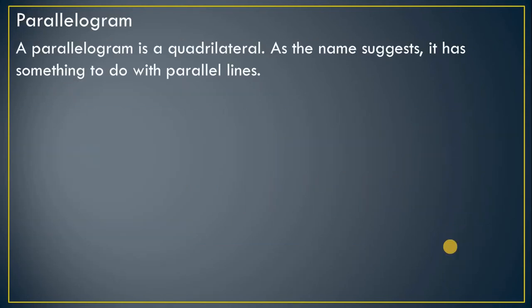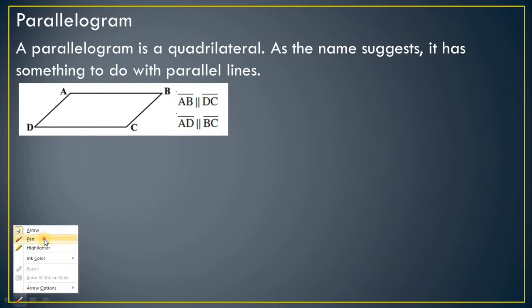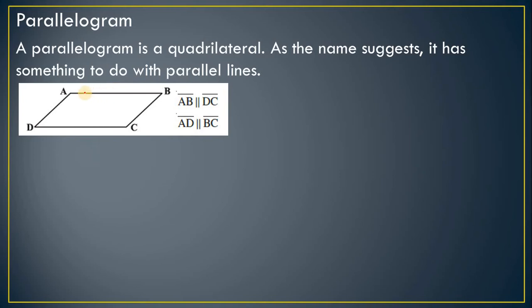Now in the parallelogram topic, it is a quadrilateral because it is having four sides. As the name suggests, something to do with parallel line. Means in the parallelogram, parallel lines concept is present. So here in this example, you carefully observe in this diagram, this line AB, it is exactly parallel with DC. If you extend that line also, then also it will be parallel. So this line is parallel with this line. Okay. So AB is parallel with DC.